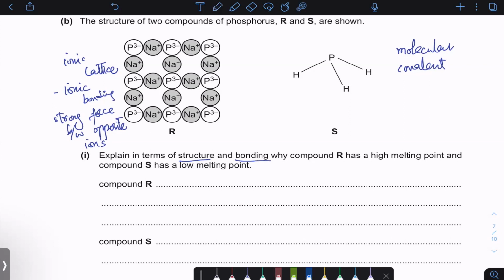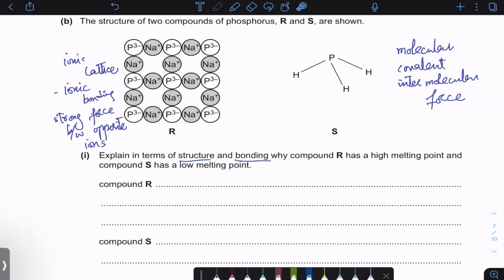Because this covalent bond does not break when melting. इसकी तो किसी और मॉलिक्यूल के साथ वीक फोर्स ऑफ अट्रैक्शन है, और उस फोर्स ऑफ अट्रैक्शन, इंटरमोलिकुलर फोर्स, ने टूटना है. सो यहां पे हम इंटरमोलिकुलर फोर्स का नाम लेंगे. सो एग्जामिनर ने हमें बॉन्डिंग बोल दिया, बट फोर्स इज पार्ट ऑफ दैट, सो